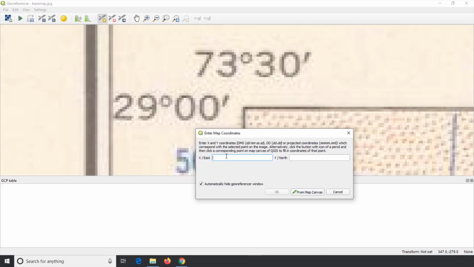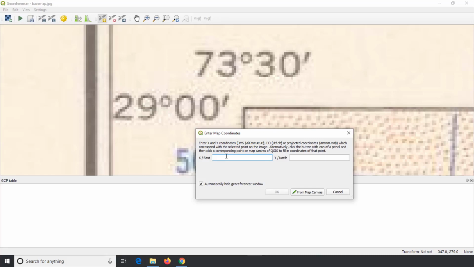As we do not have seconds and minutes in some of our values, we can stop after entering degree or minutes. As the values of longitude increase horizontally, longitude value has to be entered as X, and as the values of latitude increase vertically, the latitude value has to be entered as Y.